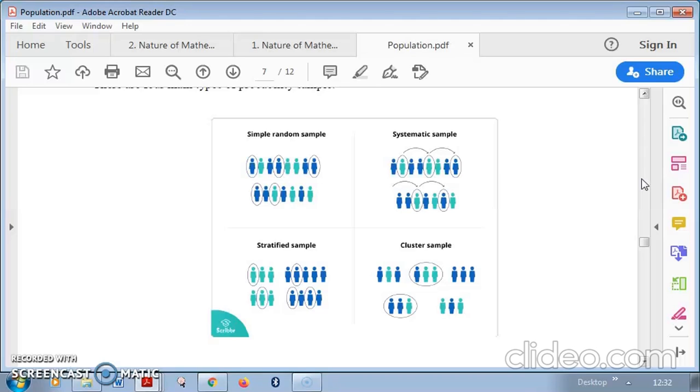Here you will be admitting those students. So every student has the chance. So you have a scientific method. There is no bias in that, right? This is known as simple random sample. Now, for example, one movie is there. You want to know about how the movie is, whether people liked it or not.